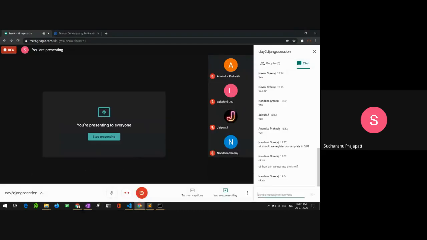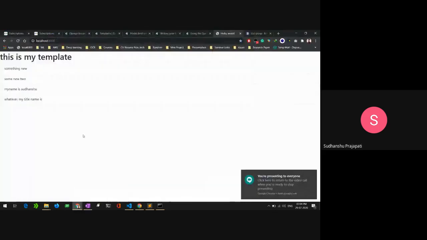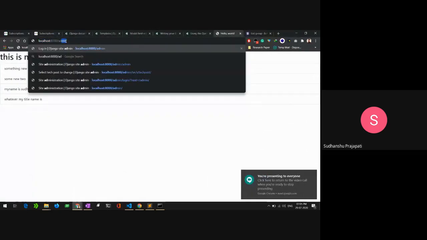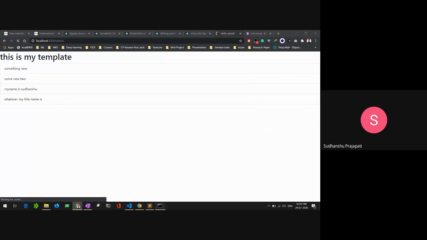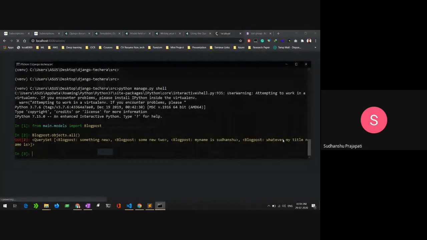And we can now also see our admin. I want to go inside the admin and see that whatever title name I stored is there. First I need to close the terminal, so we'll run the command exit here.